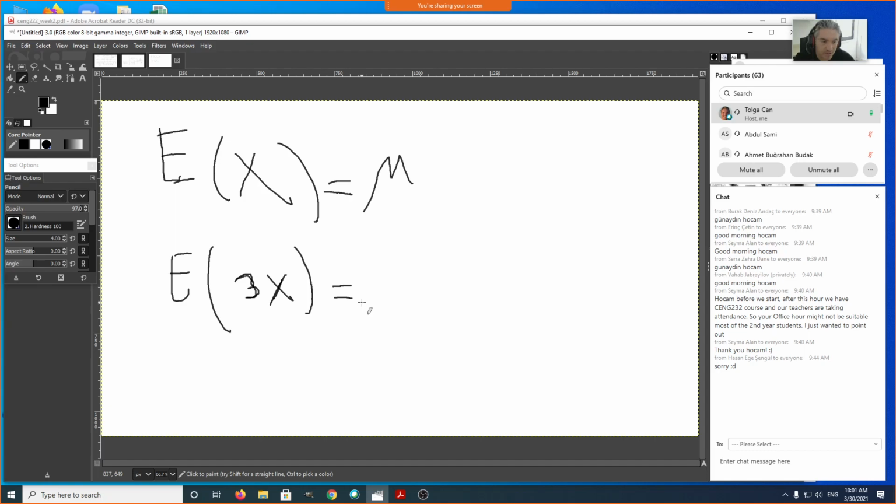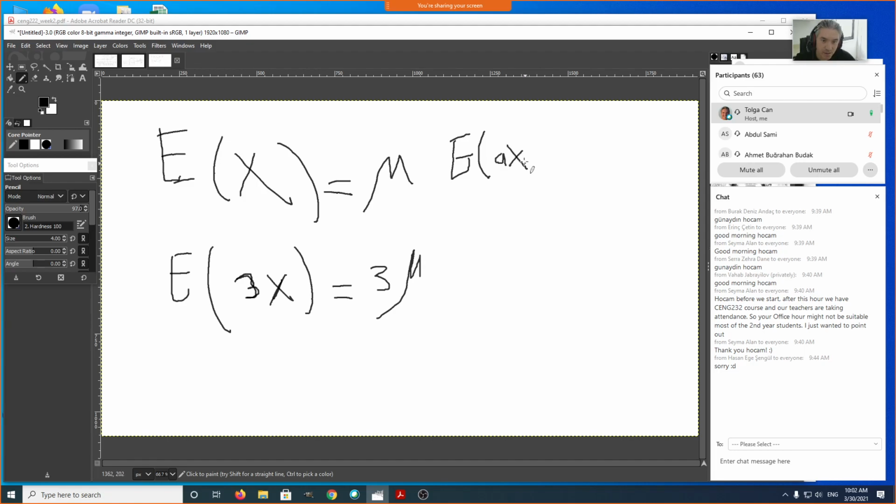It's maybe a very simple question, right? It seems obvious, like 3 times mu. If the expected value of this random variable is mu, and you multiply it by 3, of course the expected value is also multiplied by 3. You may also try to prove it mathematically, but in general, this is called the linearity